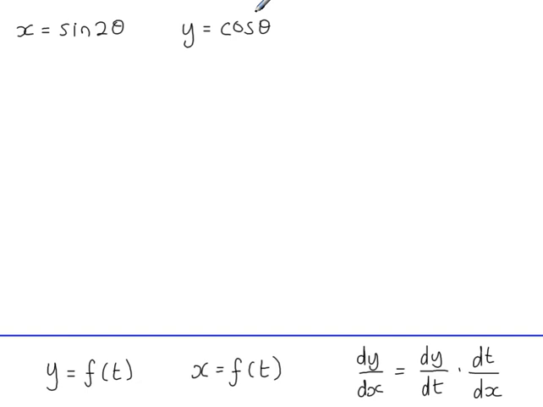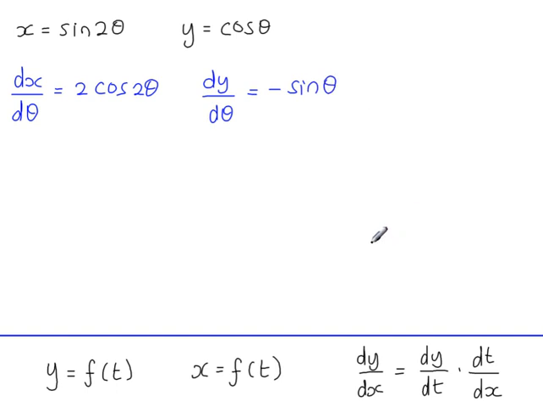In this example we have two parametric equations, but in terms of trig, the method is still the same to work out dy by dx, and hence the gradient of the curve at any point. So dx by d theta, so differentiating sine 2 theta gives 2 cos 2 theta, and then differentiating y with respect to theta, so dy by d theta is equal to minus sine theta,